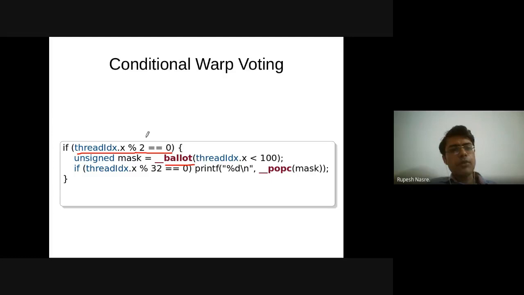Because we are talking about SIMD kind of execution, and only half the threads are going to participate in the if clause. Well, that we have said is not really a problem. Ballot will work even if only a few threads participate in it. So that should be all right. And for other threads, those are going to get masked, and therefore their mask is going to be 0 anyway. So that's not an issue. So what will be the output of this particular code?